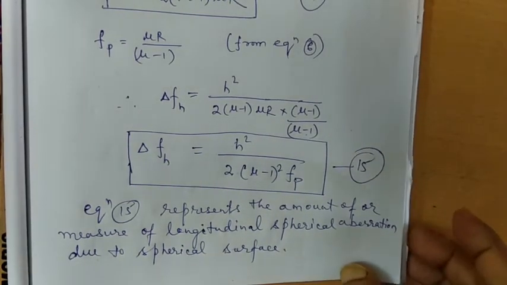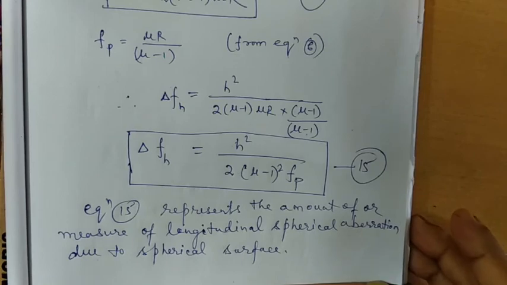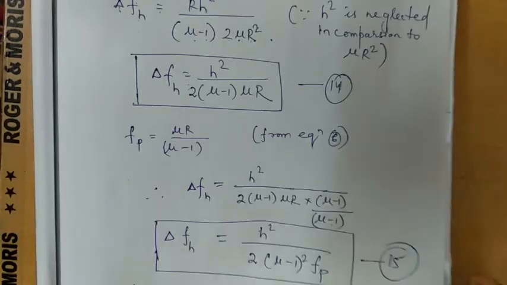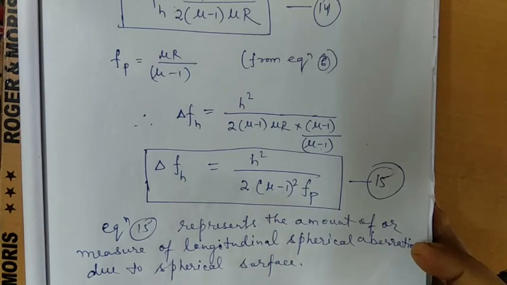So this is how we calculated the amount of longitudinal spherical aberration by a simple derivation, and in the next coming class